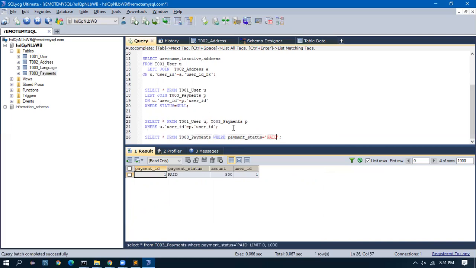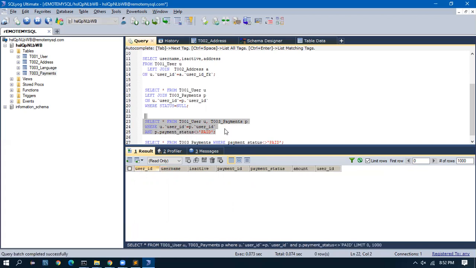Okay, so it is bringing. If I go not equal to paid, it should still bring me. Yes, so let me try this column where and p dot payment status not equal to paid. F9. No, there is some issue with this.